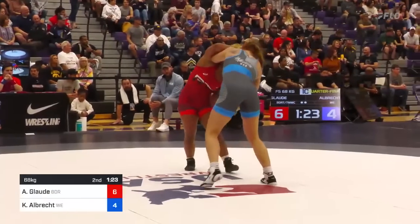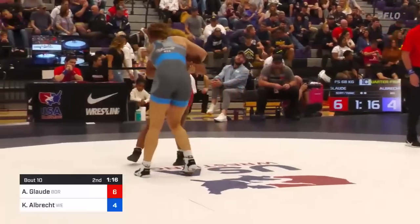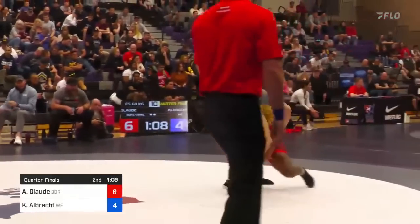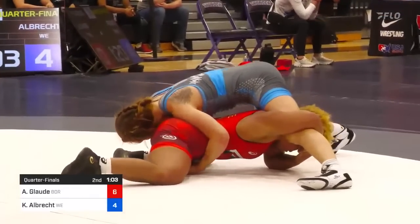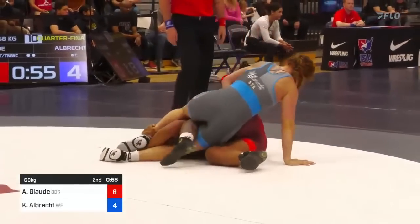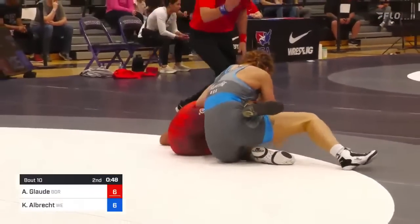Again, that 4-point move from Glaudet at the end of the first continues to be the separator. 2-on-1 now for Glaudet. Nice job running to the single leg, but now she's back in this position that Albrecht was able to capitalize on last time. Let's see if Albrecht, now she's looking to scramble out of it, looking to go behind, and man, uses her legs, gets the exposure. So 6-6 now, but Glaudet holds